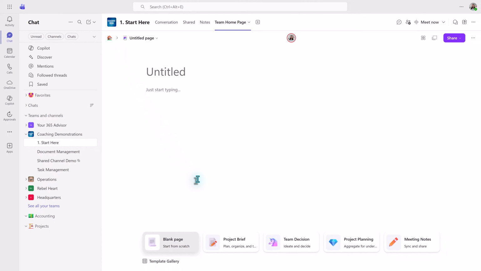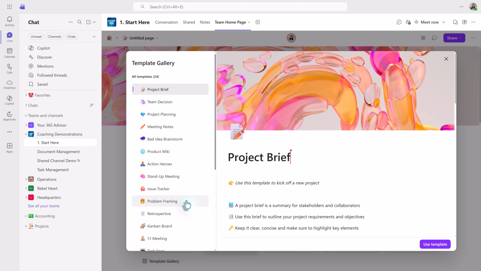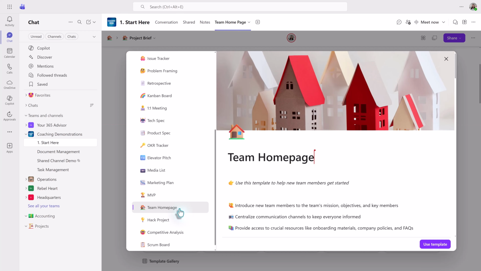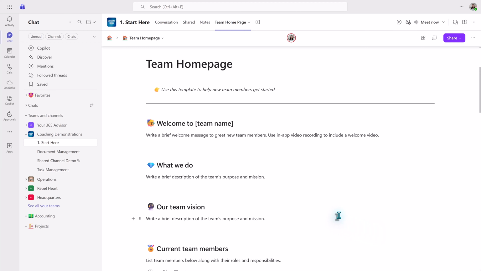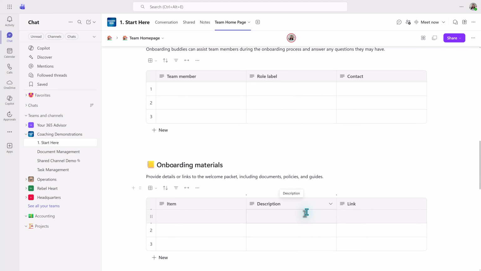Just like any normal workspace, you can add all of your content that you want, or you can use the template gallery for a quick start. And since this is a team homepage, I'm going to use that template. And now we have some sample information that you can start filling out or add and remove pieces as necessary